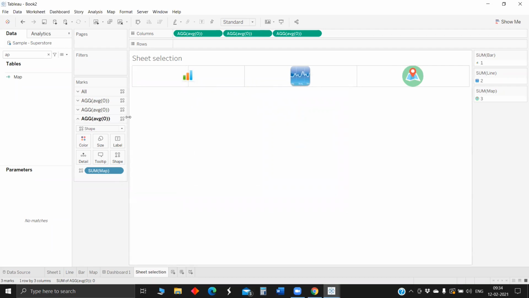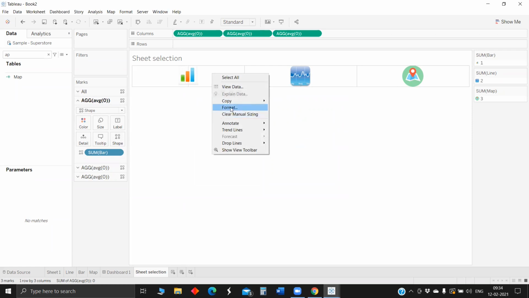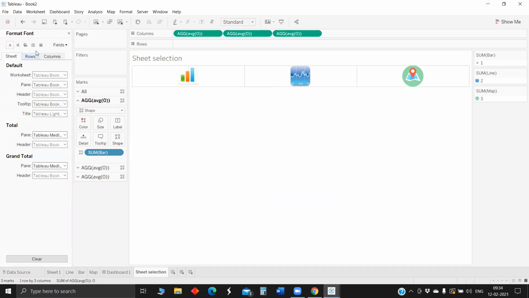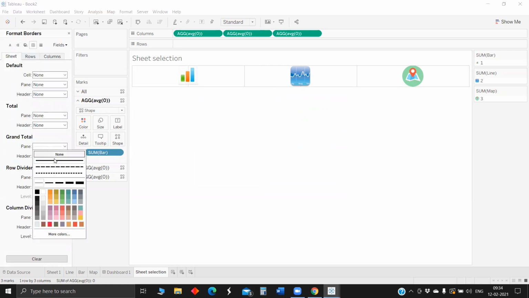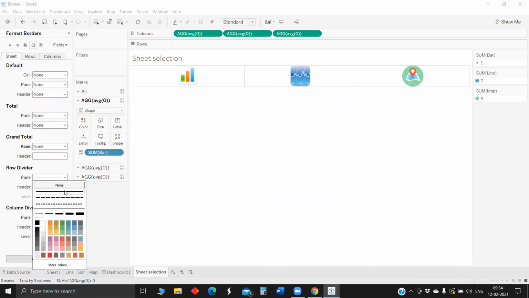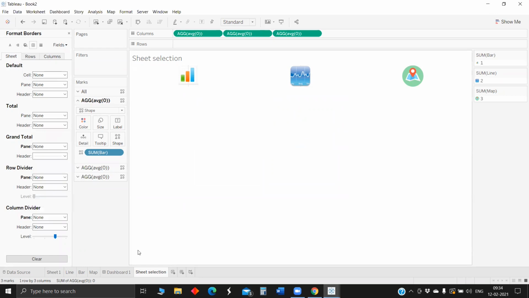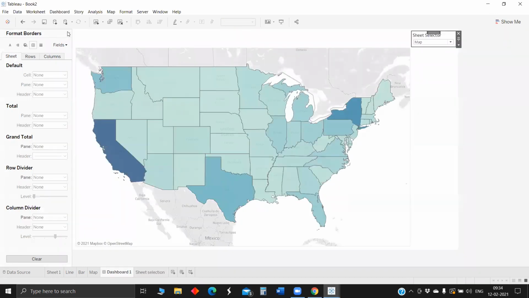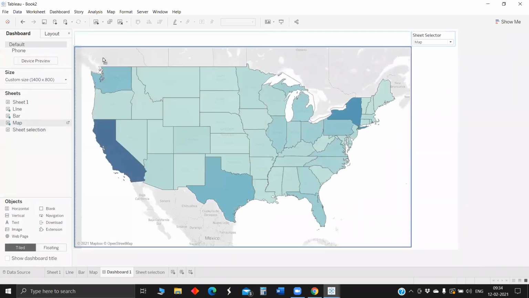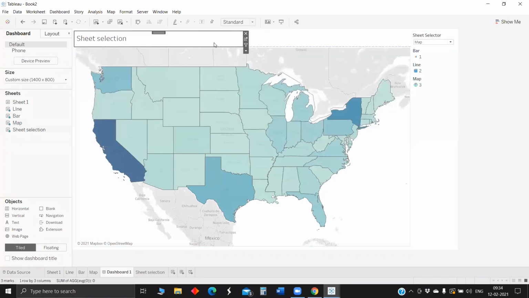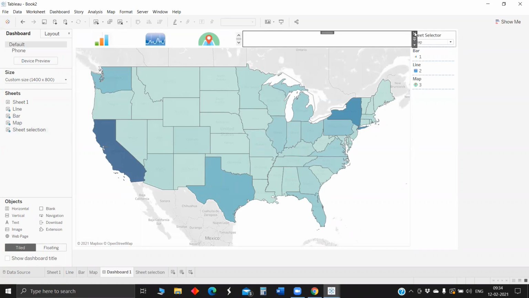So bar looks relatively small, so let me increase the size of bar a bit. Okay, so format, sheet, and let me remove this row divider and column divider as well. Okay, so now let's bring this sheet selection sheet into the dashboard. Let me hide the title, remove the blank.